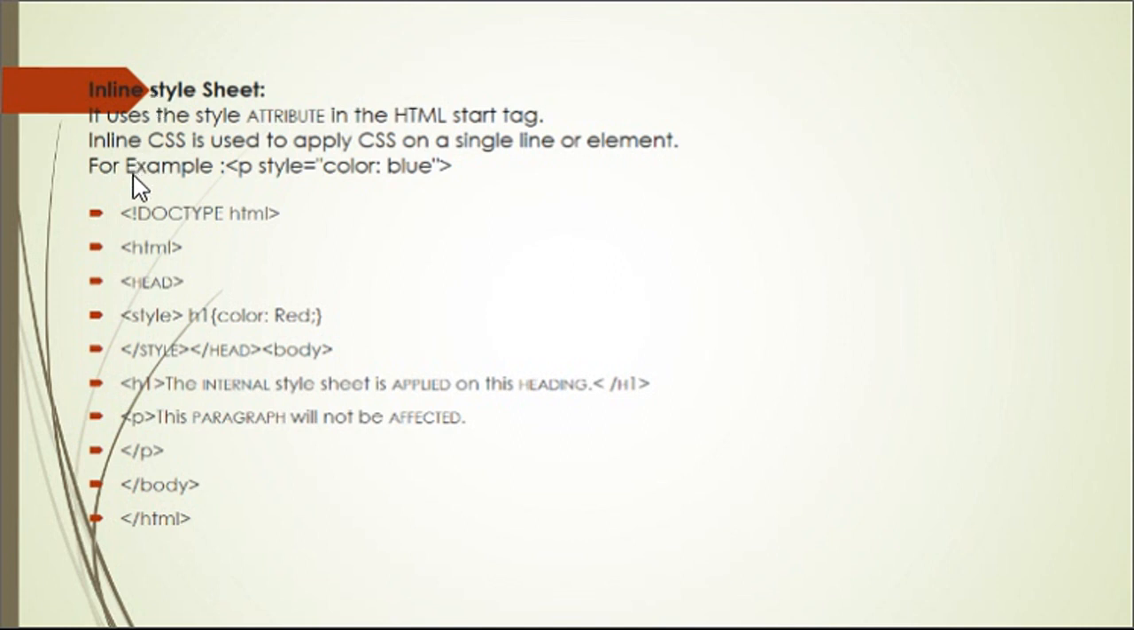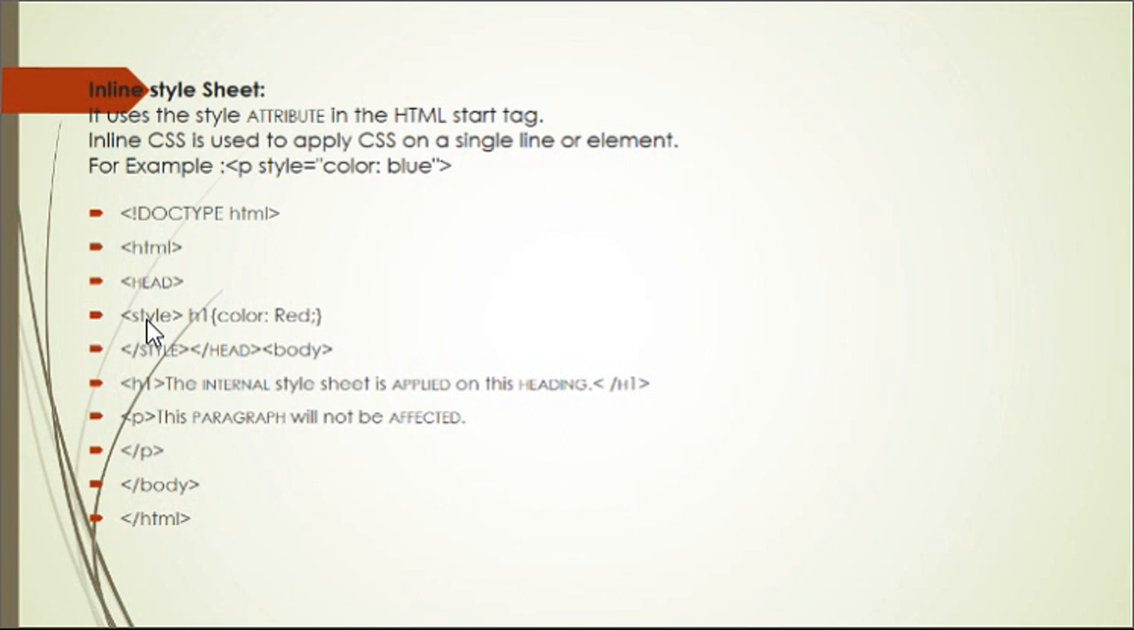The syntax for this inline CSS is P style equal to color blue. This P is a paragraph. You can take H here. Suppose you want to assign for the heading, H style is equal to color blue, red, pink, any color we can take here. After that we will see the example of how to perform the program of inline style sheet. Traditionally we start the program with HTML, head,